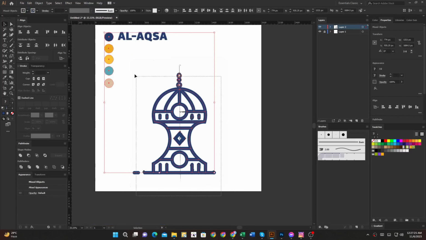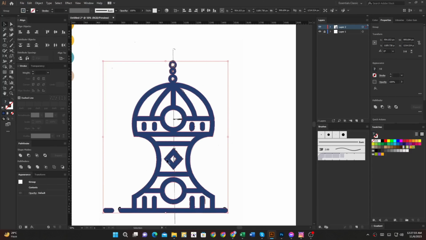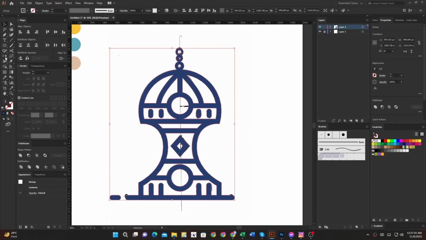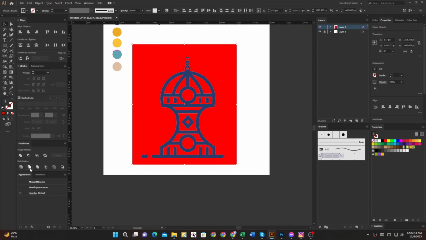Oh, it's look beautiful. Then I take a shape. Then it's color select.